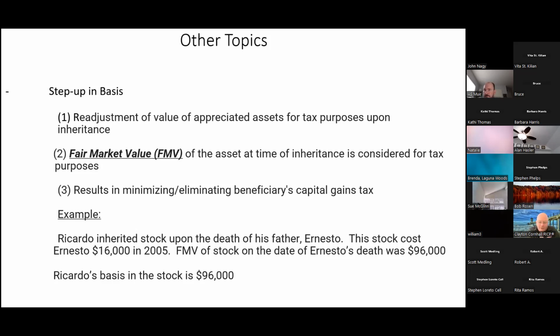Step up, again, that's another part of my expertise. On a property, we're a California community property state, so one spouse passes. You want to tell that individual that comes to us, make sure you get your home appraised. And whatever that appraisal value is, that fair market value on that appraisal date is the new value of the property for the surviving spouse. In other states, which is out of our scope, it's a little different, so I won't get into that. That's a good point. There are many different gold standards, and one gold standard to determine the value of real estate is an appraiser who's licensed and certified and giving you an opinion. That's a gold standard.